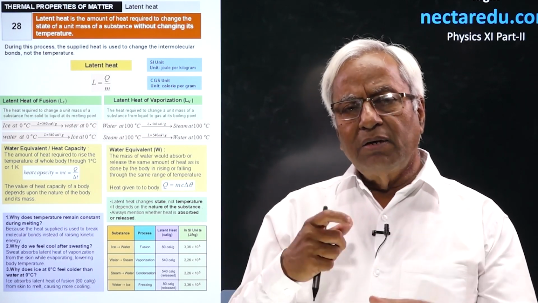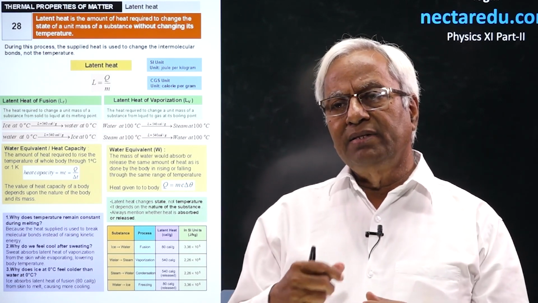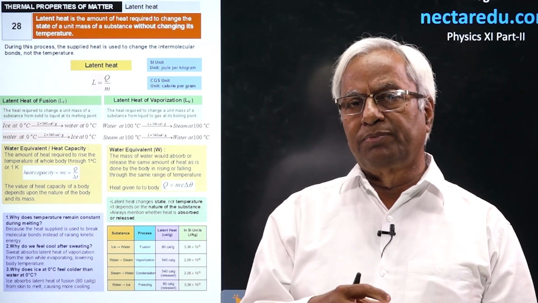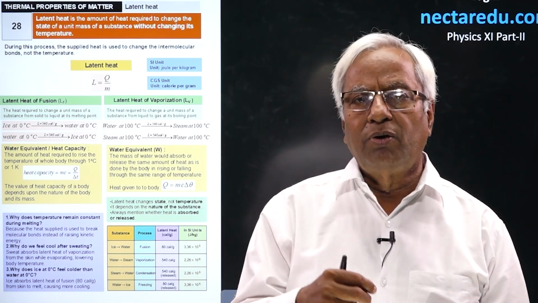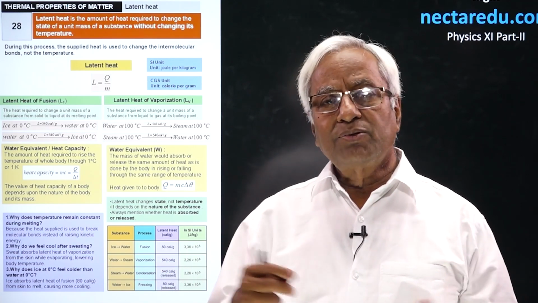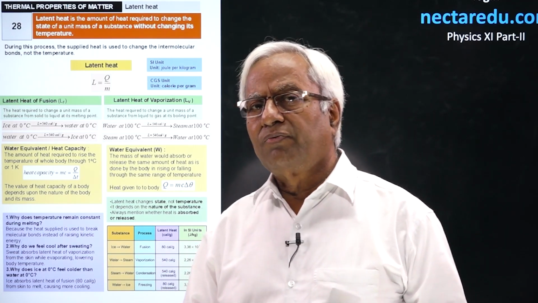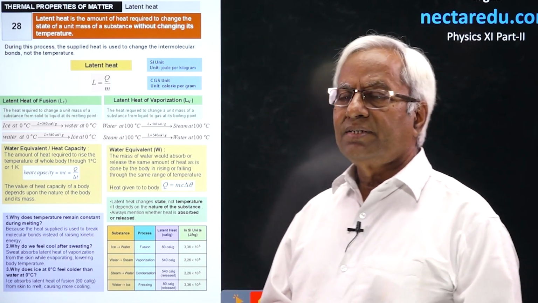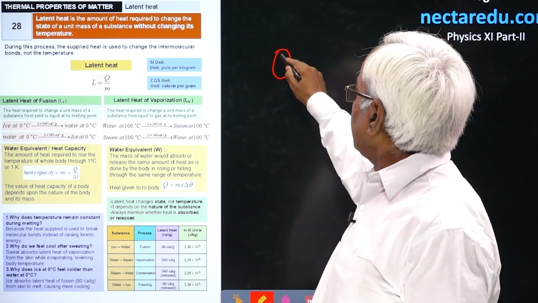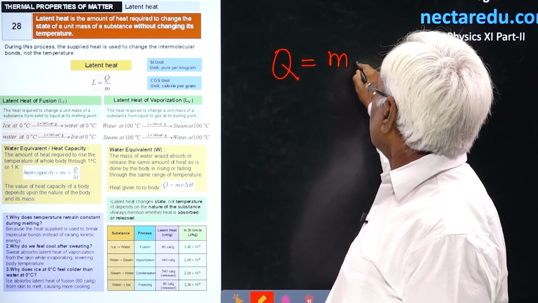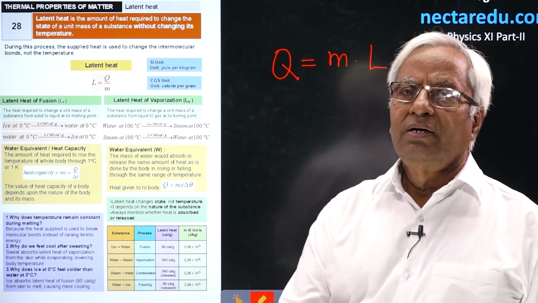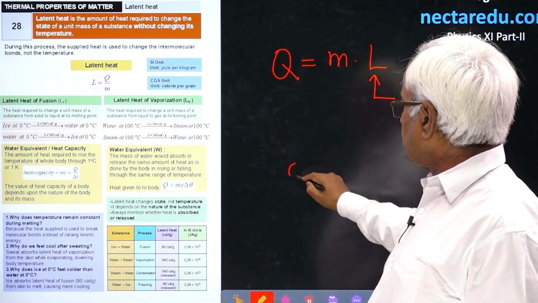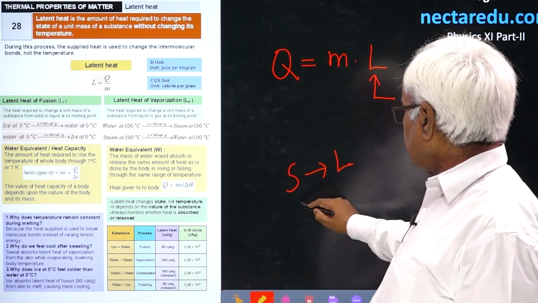It will be utilized in breaking the bond. So, at the same temperature, heat will be absorbed for breaking the bond of the substance concerned. This amount of heat per unit mass absorbed is known as latent heat. The formula that we use is M into L. L is latent heat. When it is from solid to liquid, you call it melting,